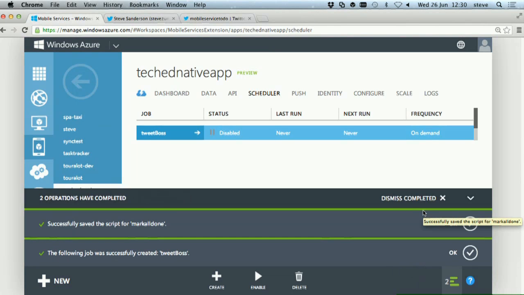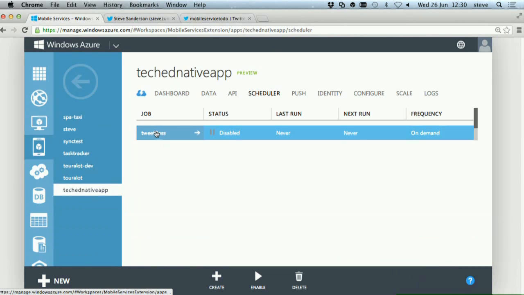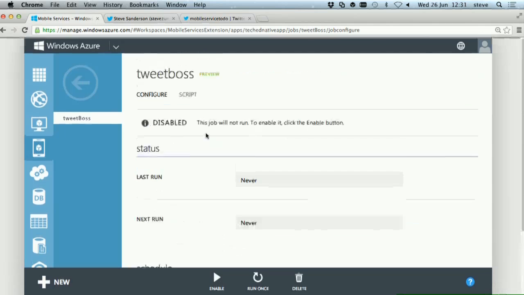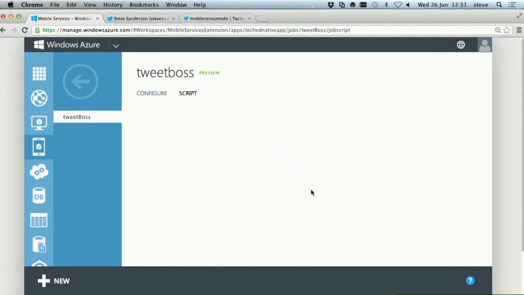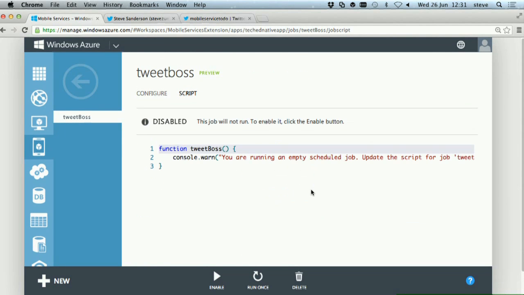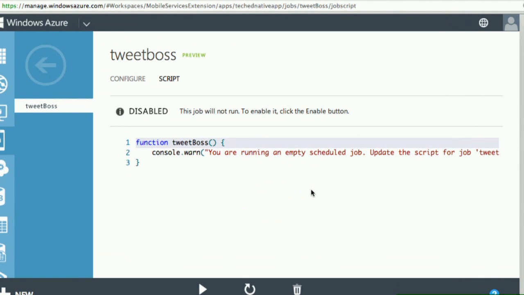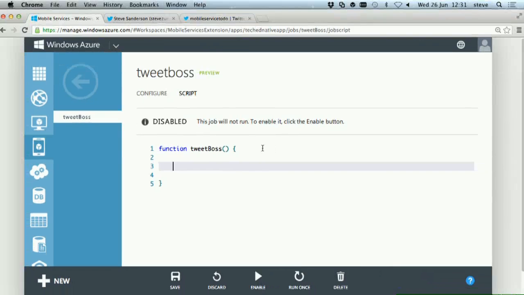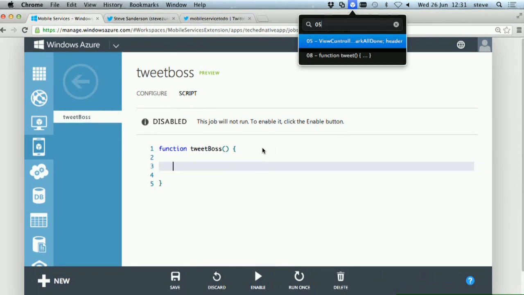And you can write some custom logic that runs in that. So let's go in and have a look at it. And you can see you can configure it to run whenever you want, and you can write your custom JavaScript that runs in there. So what do we want to do? Well, we want to send a daily list of accomplishments. So first, we need to get the list of accomplishments. So we want to run a query against the database to see what you've done in the last 24 hours. Now, again, you can use either JavaScript or SQL query syntaxes for that.